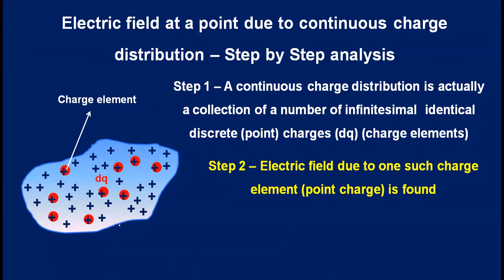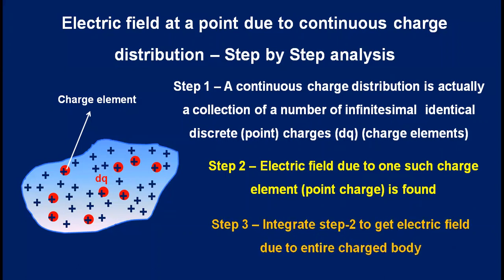So we'll be having millions of charge elements over here. அதுல ஏதாவது ஒரு சார்ஜ் எலிமெண்ட்டை வச்சுட்டு எலக்ட்ரிக் ஃபீல்ட் அட் த ரெஃபரன்ஸ் பாயிண்ட் நம்ம கண்டுபிடிக்கணும். அது ஸ்டெப் 2. ஸோ ஸ்டெப் 3, ஸ்டெப் 2ல கிடைக்கிற ரிசல்ட்டை இன்டகிரேட் பண்ணா I'll be getting electric field due to the entire charged body. அப்போ கண்டினியூஸ் சார்ஜ் டிஸ்ட்ரிபியூஷனுக்கு எலக்ட்ரிக் ஃபீல்டு ஒரு ரெஃபரன்ஸ் பாயிண்ட்ல கண்டுபிடிக்கணும்னா ஸ்டெப் 1, இமேஜின் the continuous charge distribution